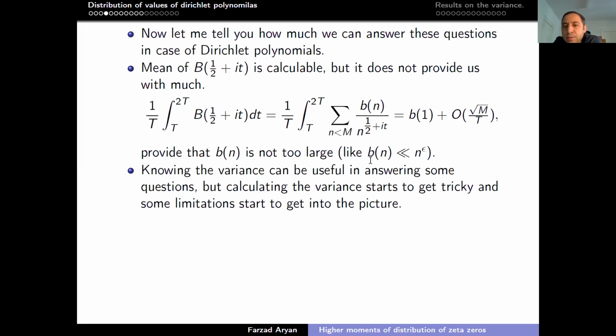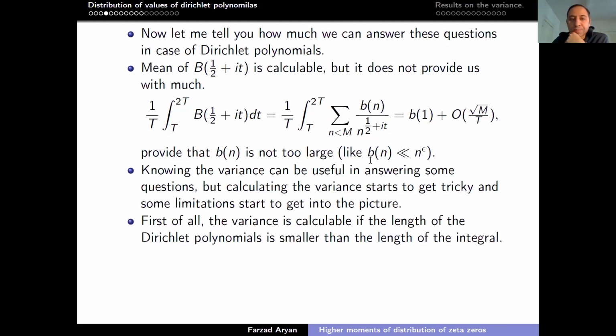But knowing the variance starts to give important information. Knowing the variance starts to be useful. And since it's useful, a problem comes with it: you cannot calculate the variance for it. We don't have the technology to calculate the variance for a general Dirichlet polynomial. But let me tell you when we can calculate the variance. If we want to calculate the variance, the length of the Dirichlet polynomial, this m,